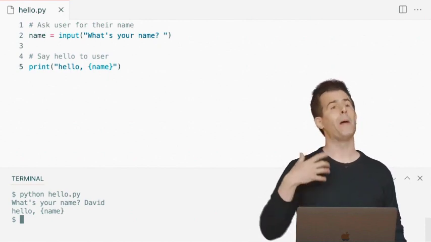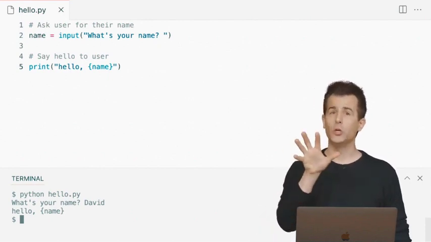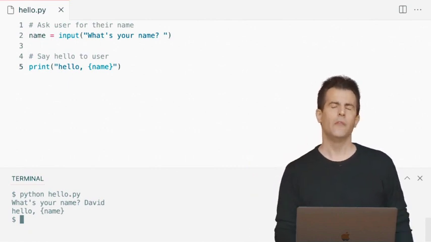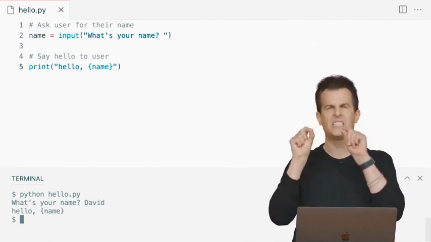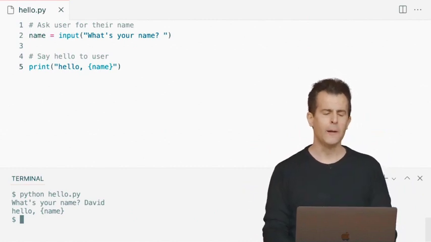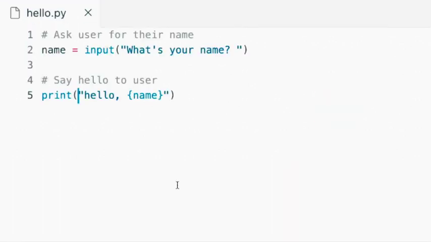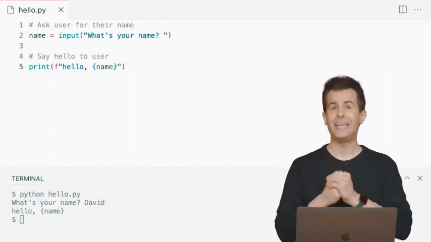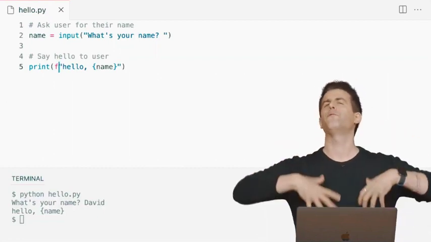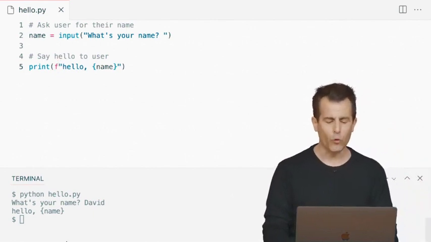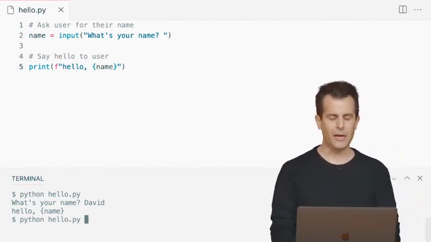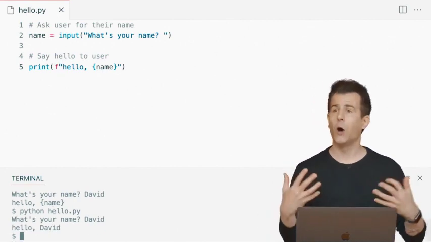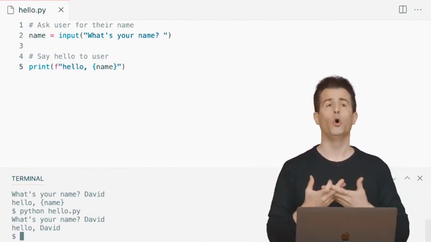This is what we're going to call a format string or an F string, a relatively new feature of Python in the past few years that tells Python to actually format stuff in the string in a special way. And the symbol via which you do this is a little weird, but this is what the world chose. If you put an F at the beginning of the string, right before the first quote mark, that's a clue to Python that, ooh, this is a special string. Let me format this in a special way for you. Let me now rerun the program. Python hello.py, enter, david, enter, and now we see the goal this whole time, hello, comma, David.